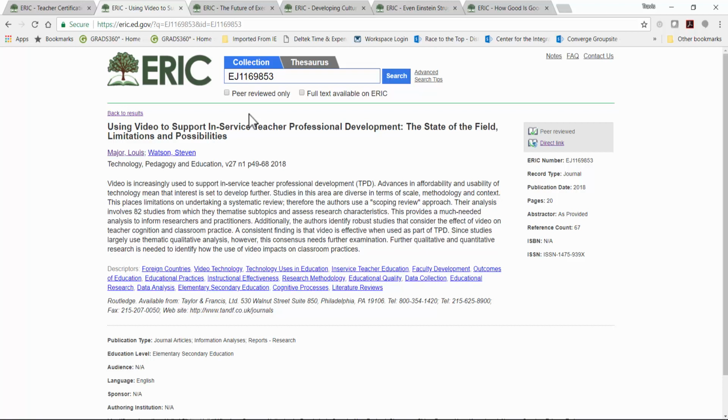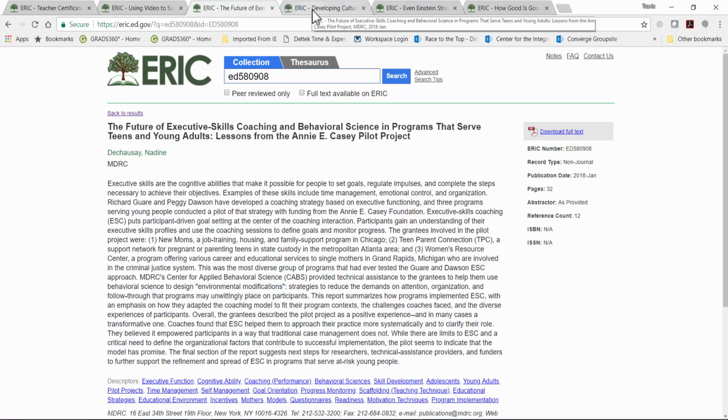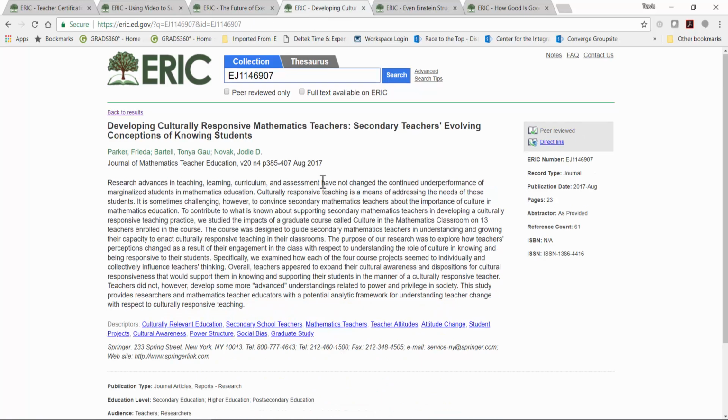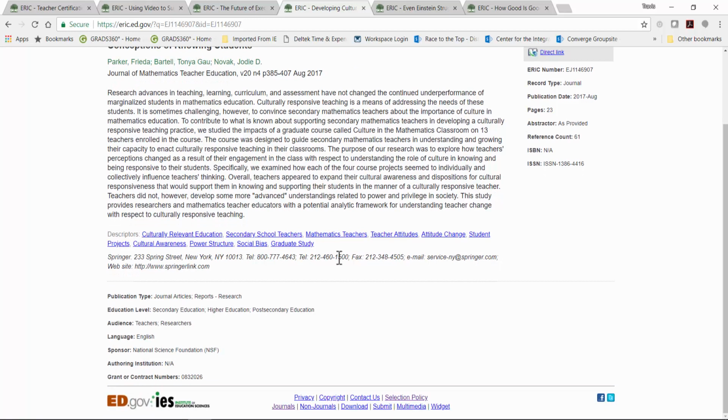Now, there are two more fields that can help you refine searches. Let me get the right record here. The first one, again towards the bottom, is education level. You can see here in this record we've got secondary education, higher education, post-secondary education. Terms will appear in this field only if they're specifically identified in the content. We do not infer any education levels when processing a record.